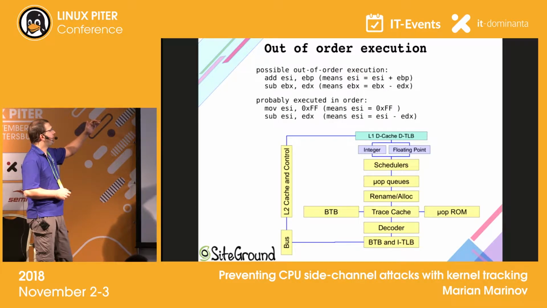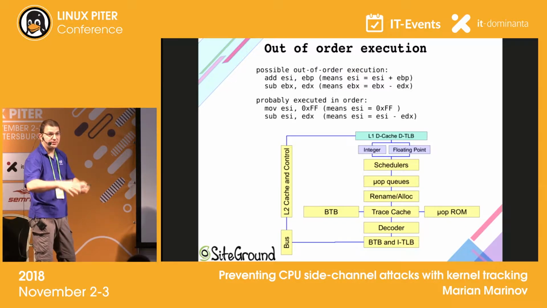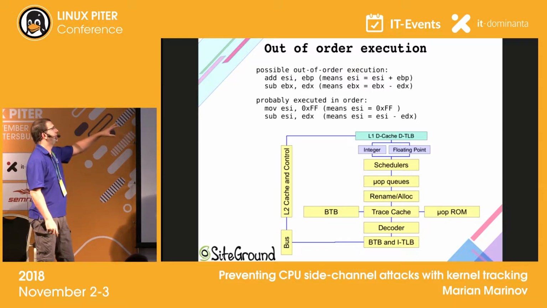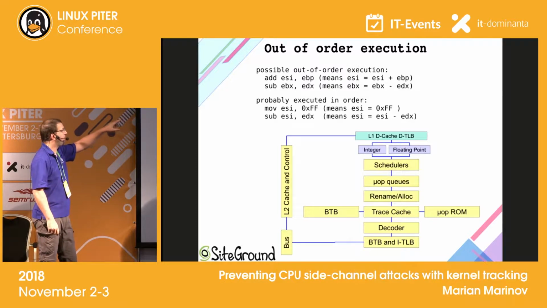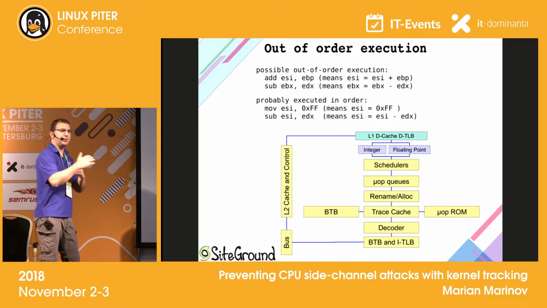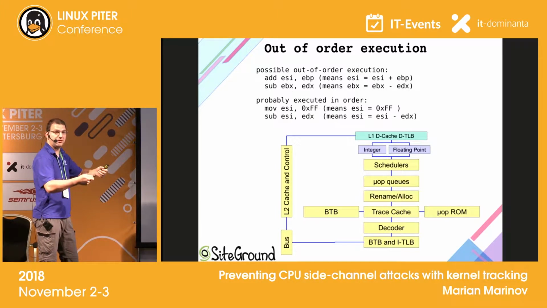The first 2 lines, add and sub, are simply the functions adding and subtracting from certain addresses, from certain registers in the CPU. These are pretty simple, but you have to see that these are different registers. For both instructions, we use different registers. Since they don't interact with each other, they don't use the same registers one after another, this means that we can execute those out of order. If we have the data for these registers, we can execute them out of order.